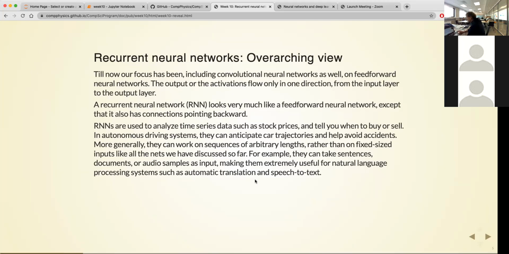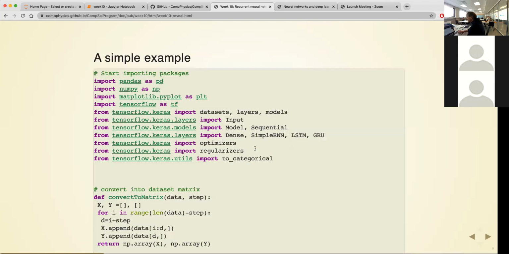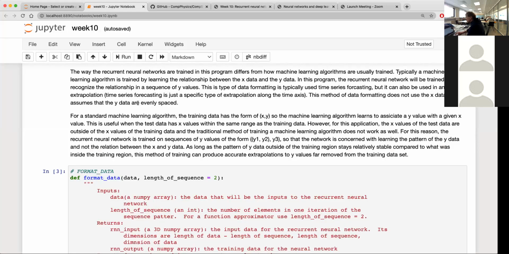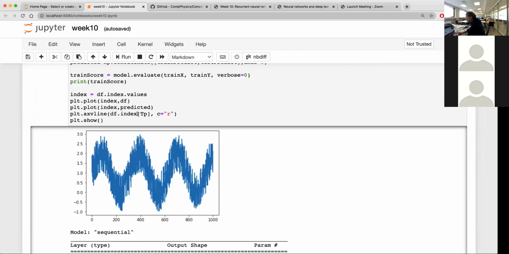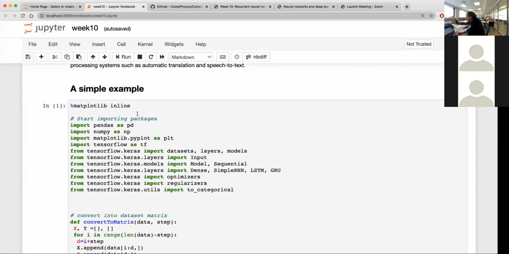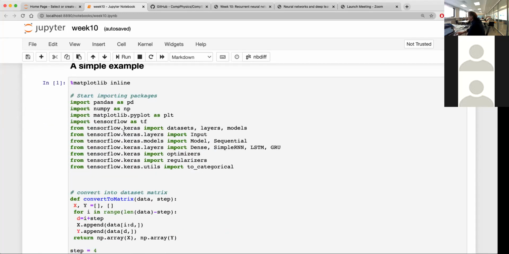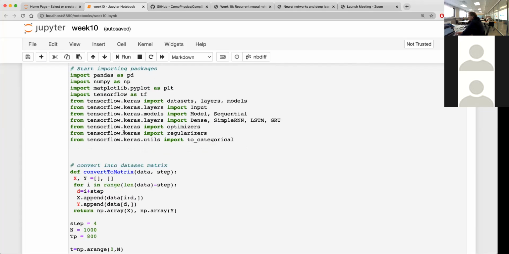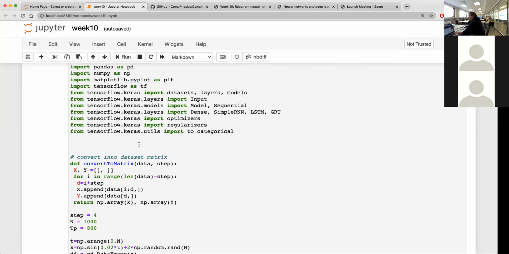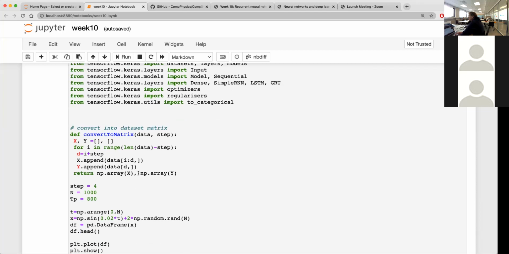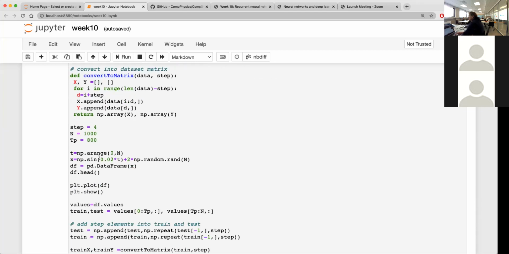So I just wanted to give you a very simple example first of what we can do with these recurrent neural networks. So let me just bring up this example. Here I'm using TensorFlow to build a recurrent neural network. What I'm simply doing is to set up an array of data which contains just a sine function, as you can see here. So this is sine. And in the first run, what I could do is just take away the noise and run it without noise.